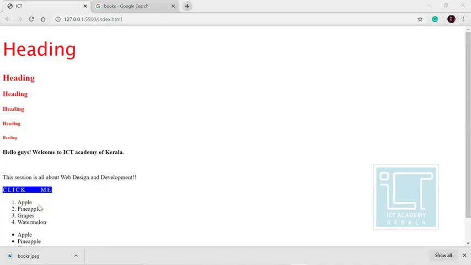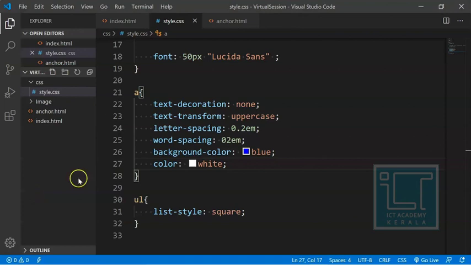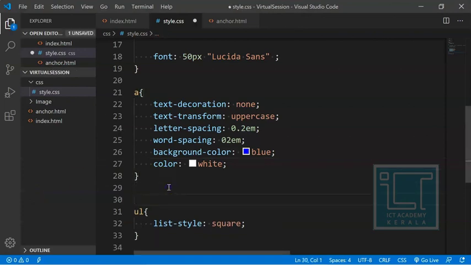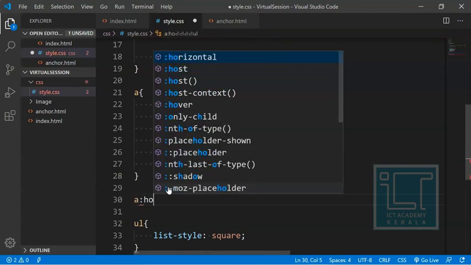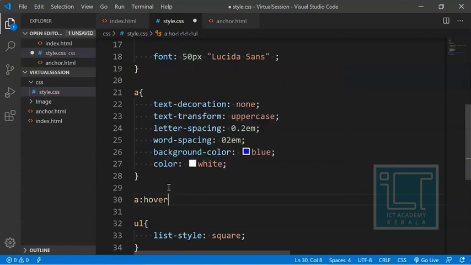Now what I want is, when I keep my mouse over this, the background color should change to yellow. That is basically called hovering. For hovering, I have an additional method, where I have to mention which tag needs to be hovered. I want to hover the A tag. So a:hover, there is an option called hover.